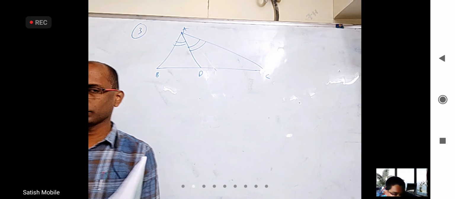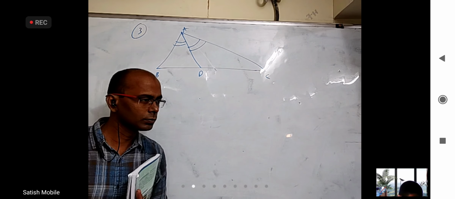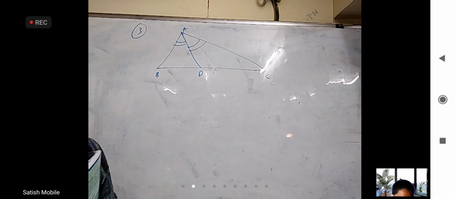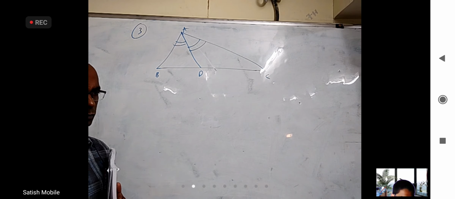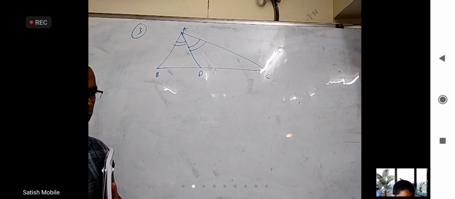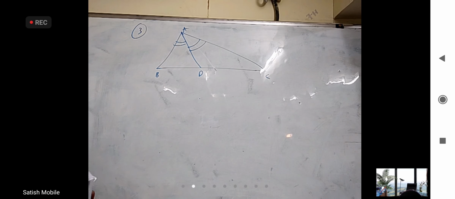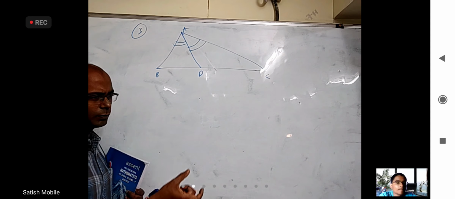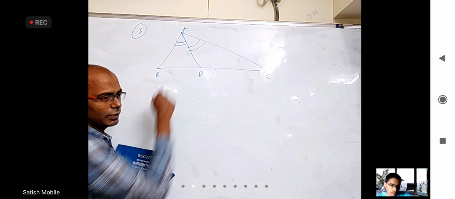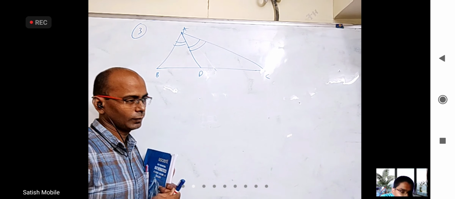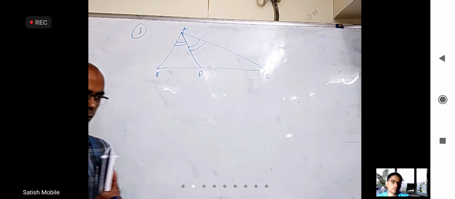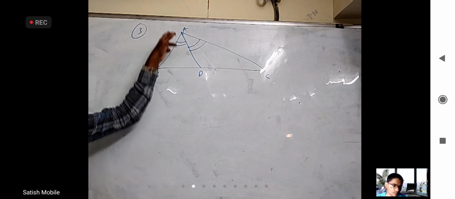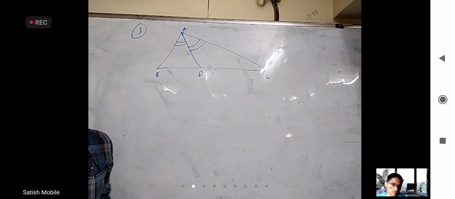Yeah, if you take unit vector along this, unit vector along this, add them and divide with its own magnitude, you will get a unit vector along AD. But what they want is AD length. We do not want just a vector in this direction, we want exactly this much vector only, not less, not more. So your method tells you some vector along this, but doesn't give you what AD length is exactly.